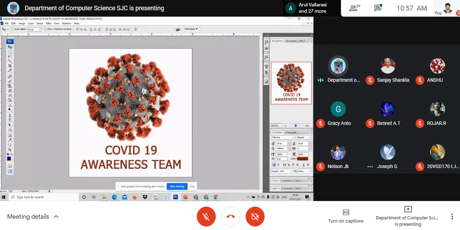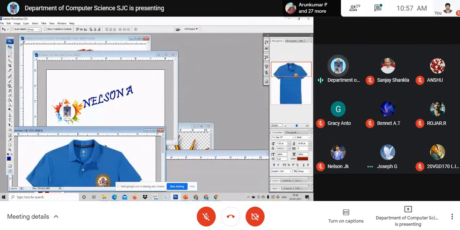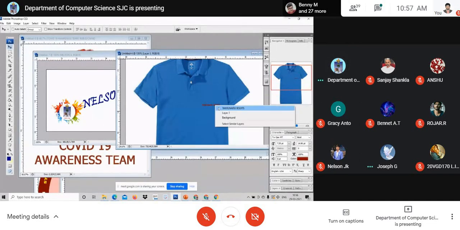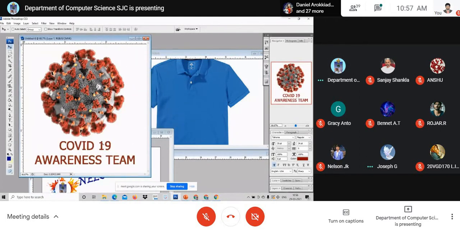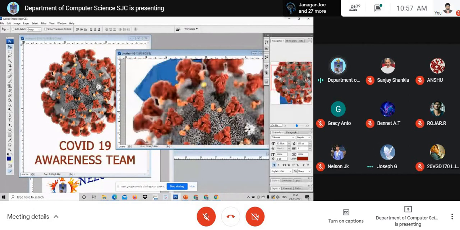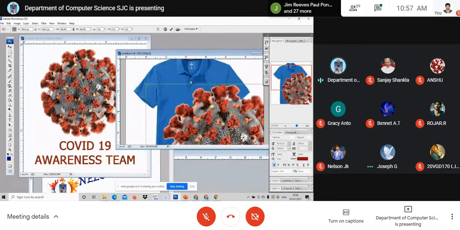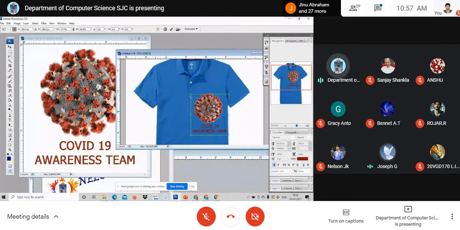I've just designed this and will take it into a t-shirt. For example, I'm taking this one here in this t-shirt. It looks bigger, so reduce it. You need not fit it into the t-shirt, but when you give it to the printer, you just give it as a JPG file. But for the assignment, you will have to reduce it to a size, as it has to be printed.